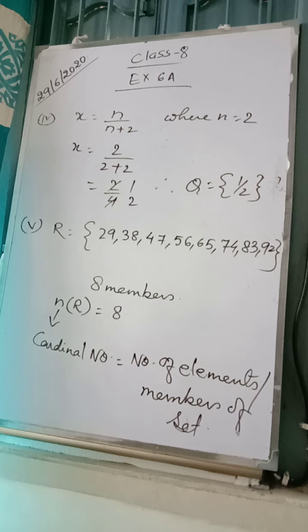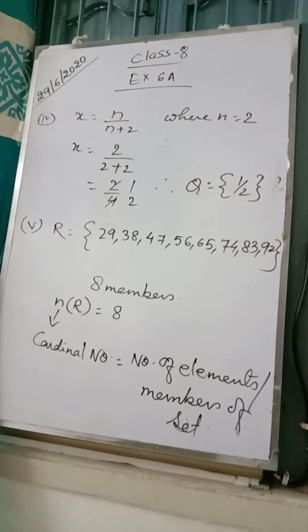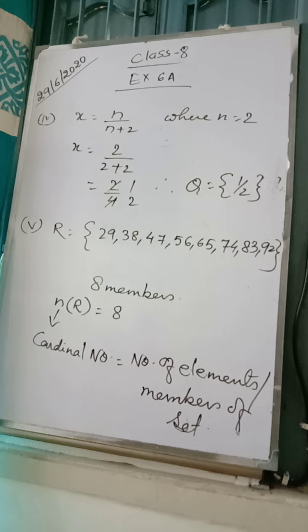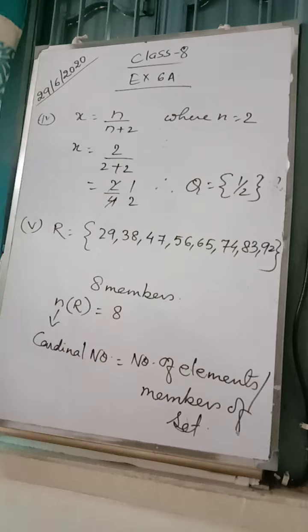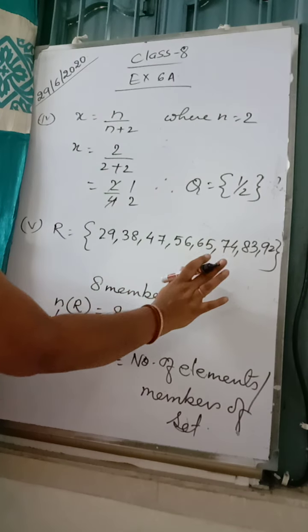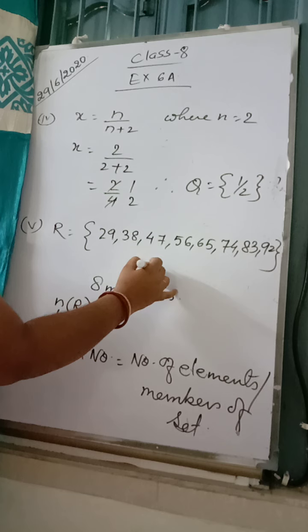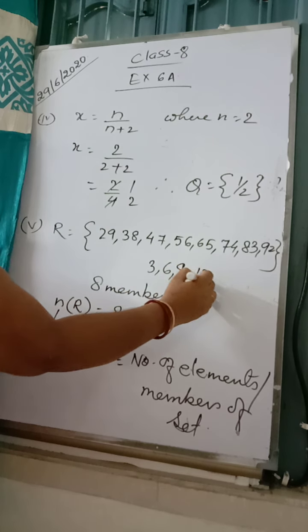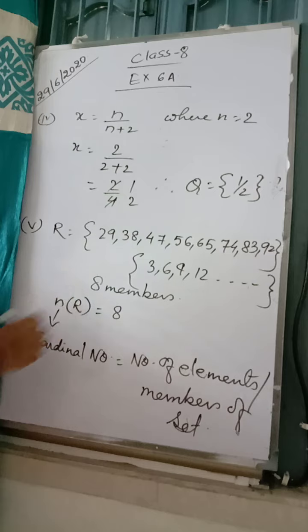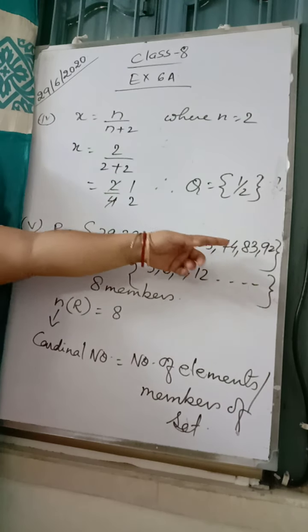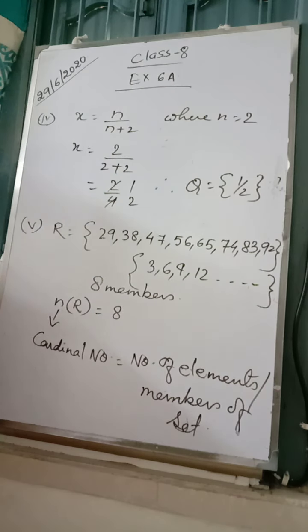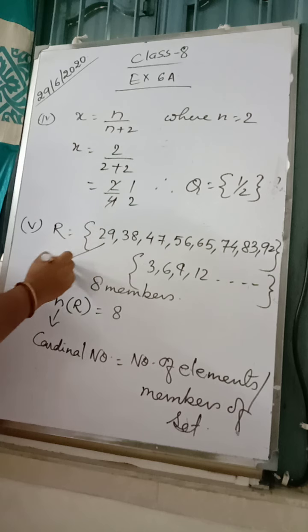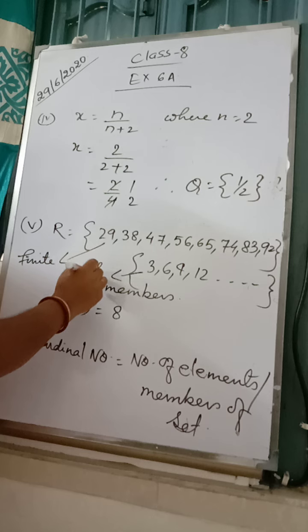Okay. Then we have types of set. We have finite set where the members are limited. Just you can see here, we have this much member only. It cannot be more or less. But if it is multiple of 3, it goes on. It is not finishing. So this is called finite, which has an end. We have a fixed number. Which does not have a fixed number, goes on, that is called infinite. This is finite. This is infinite.